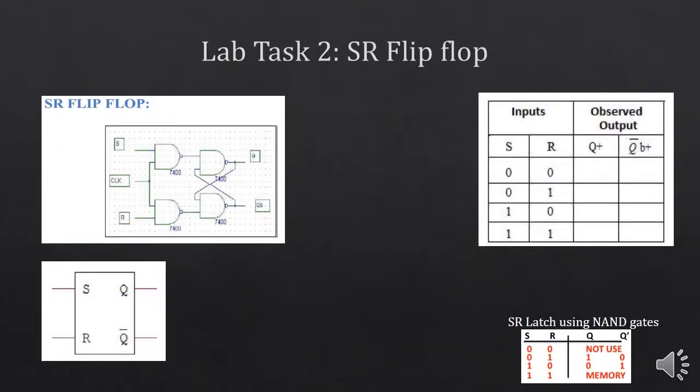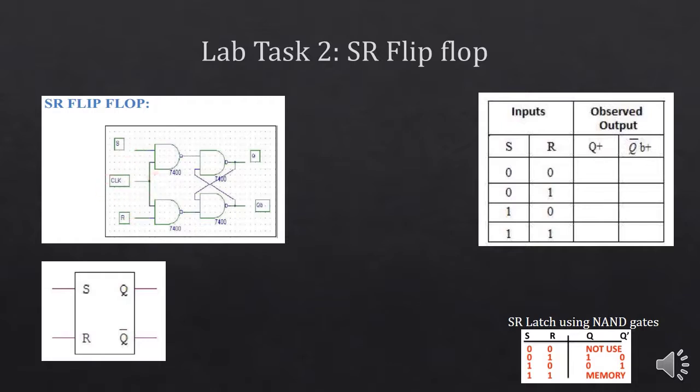Task number 2, you have to implement the SR flip-flop. The SR flip-flop is basically an SR latch with an enable input. If you see the circuit here, this is the SR flip-flop implemented using NAND gates. There are two additional NAND gates here to which set and reset are connected, and a clock signal is attached